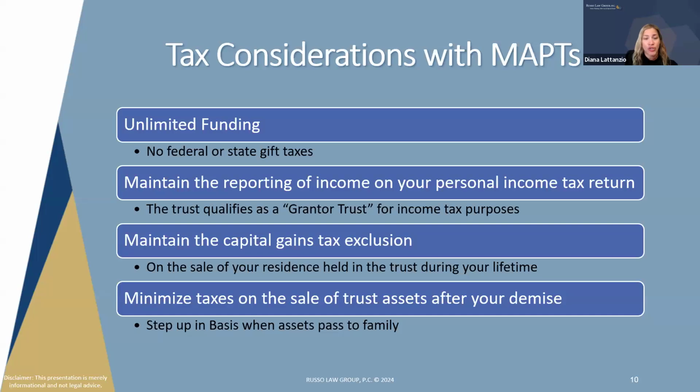It does qualify as a grantor trust, which means you do not have a separate tax filing requirement. So the trust itself does not have to file tax returns. It's like a flow through entity, and you would claim any income that the trust assets generate on your individual tax return. It doesn't prevent you, if you're selling either the primary residence or any liquid assets that have highly appreciated, from preserving your capital gain exemption and exclusion on that property.